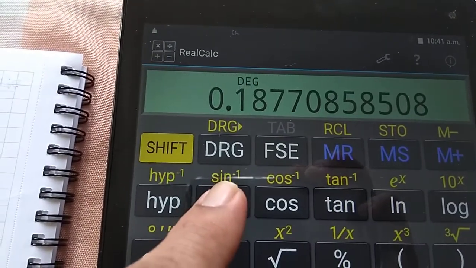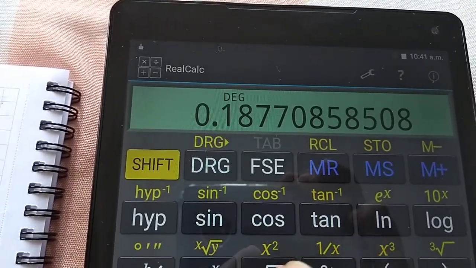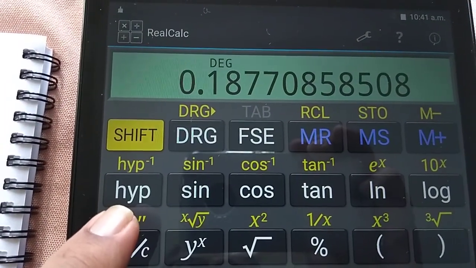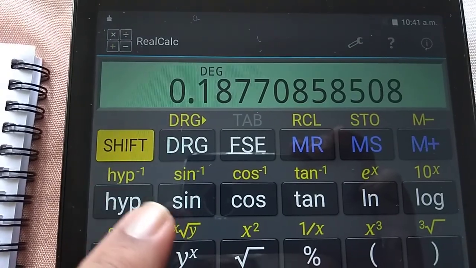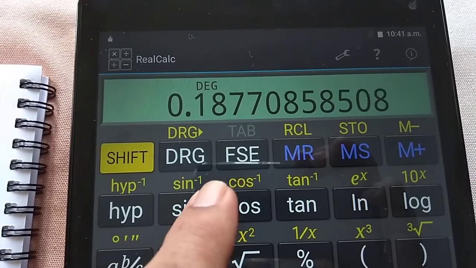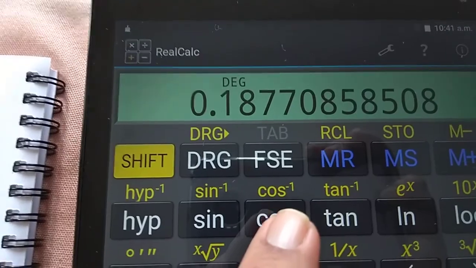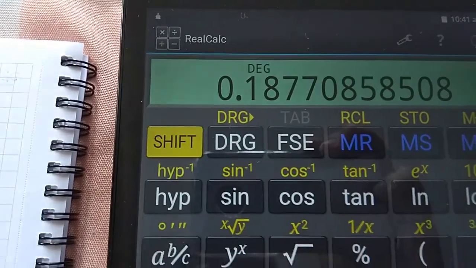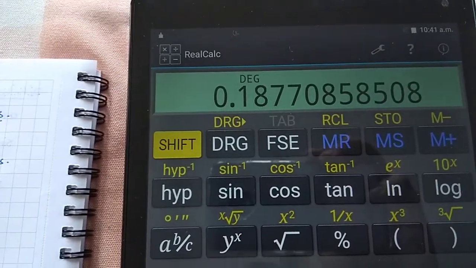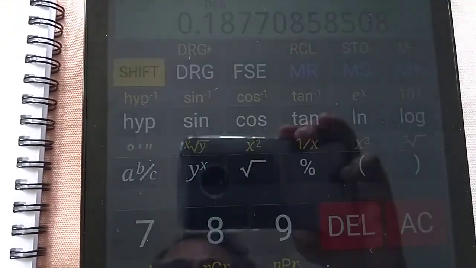Don't get confused with the sine -1, cos -1, tan -1. We will discuss what those are later on in a subsequent video. Forget whatever this hype is. This is totally unnecessary. We will be using sine, cos, tan, and sine inverse, cos inverse, tan inverse. I call those sine inverse, cos inverse, tan inverse, but technically they are called reverse functions of sine, cos, and tan. They're called arc sine, arc cos, arc tan. You don't need to remember that because we will come back to that later on.